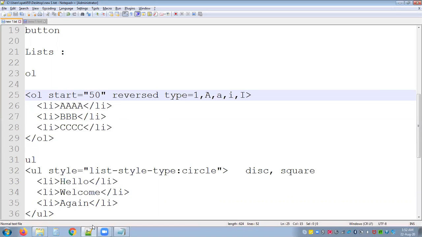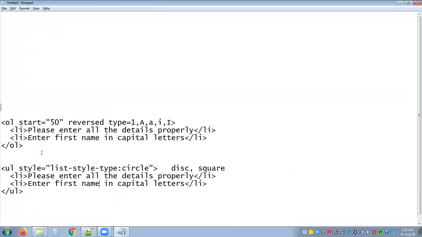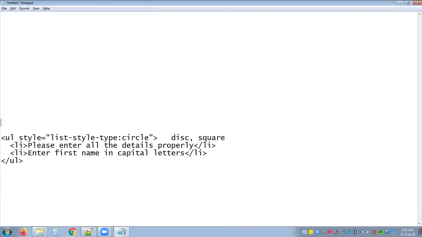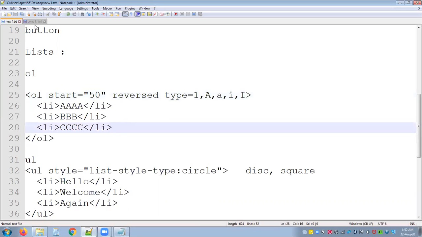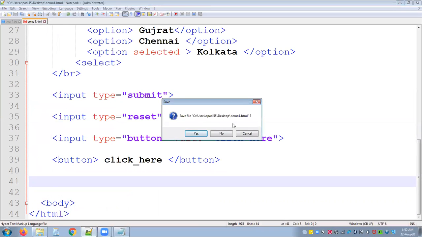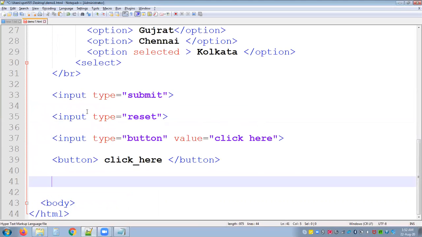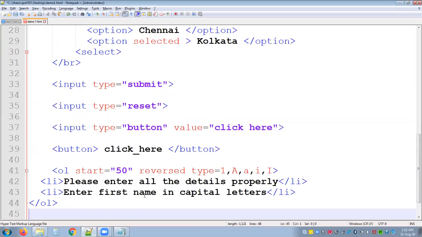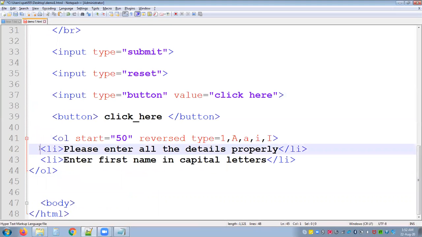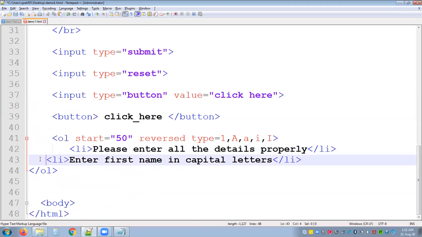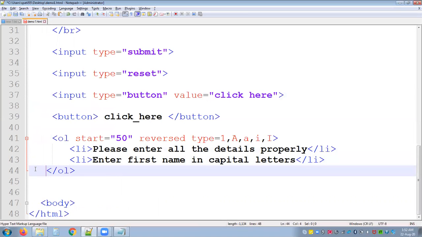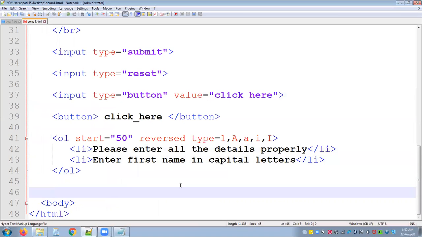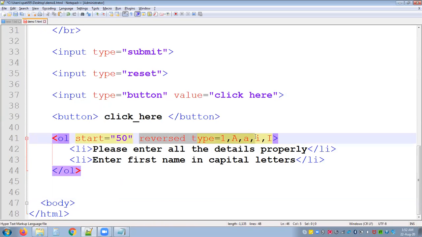So let us see one by one how exactly we can implement the same. Within this OL, I'm going to write two pieces of information to the user. Please enter all the details properly. Enter first name in capital letters. Let me give the start first of all.